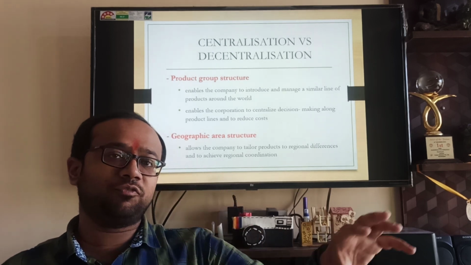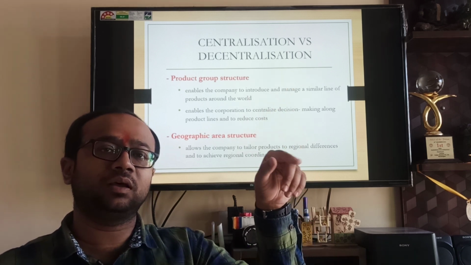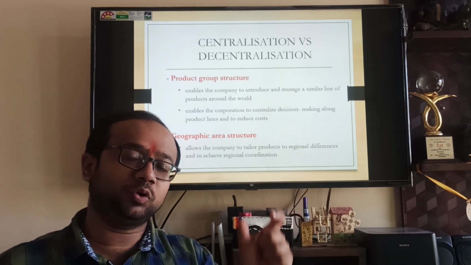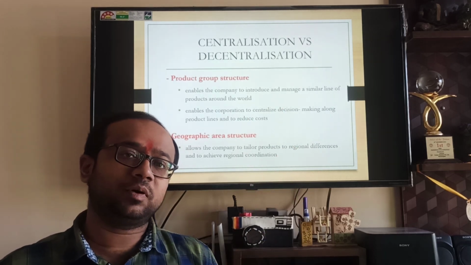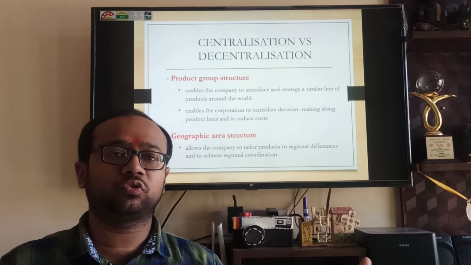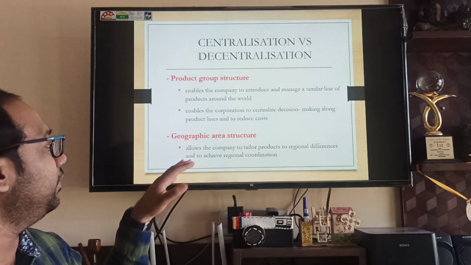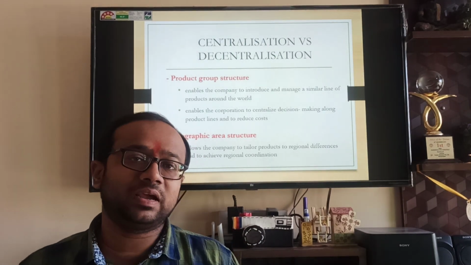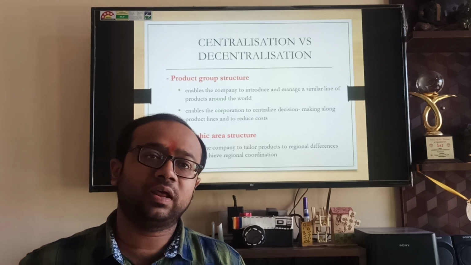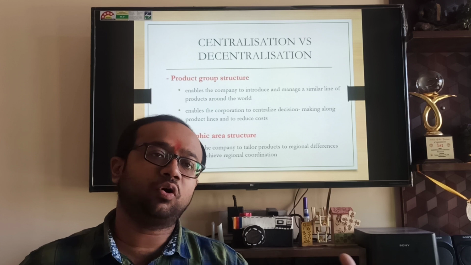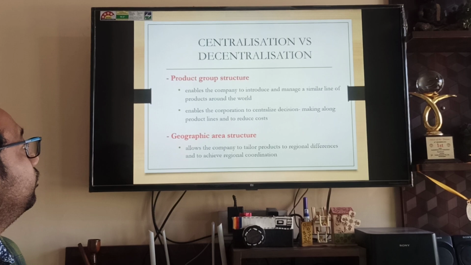Rather than having 5 different verticals, each vertical working on all 3, and that end person coordinating, it is better that you make spokes in each department. So for product group A, there is a marketing person, he directly connects with the person of sourcing for that product, for finance, for IT, for everything. Next is geographic area, in which geography wise we are segregating. Very widely it has been used. So if your country has 4 areas, there will be 4 regional offices, north, east, west, south, that will be coordinating and doing all the needful.